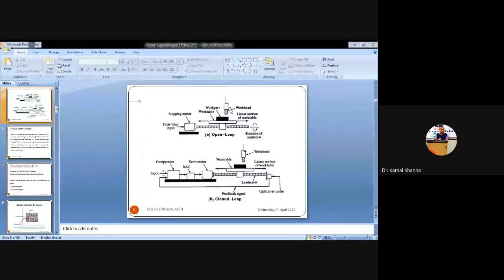So you can see in the closed loop control system diagram that we have the servo motor that is being used to provide the external source power, that is electrical energy, and then you can see the work table is rotating, it is in linear motion, it is reciprocating. Let us say this is a lathe machine and the workpiece is fixed on the tool post, and as soon as the operation is performed on the workpiece, you can see this optical encoder is recording the signal.